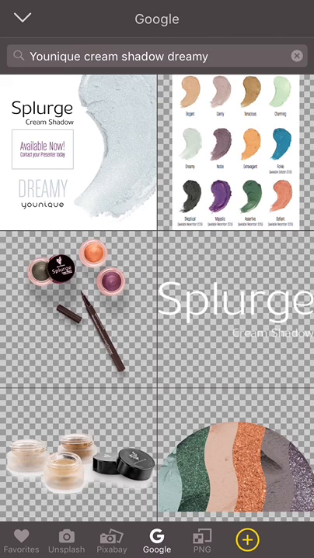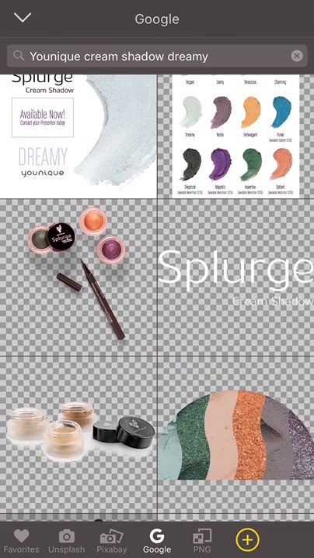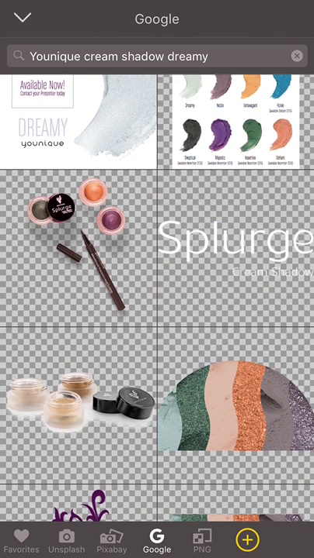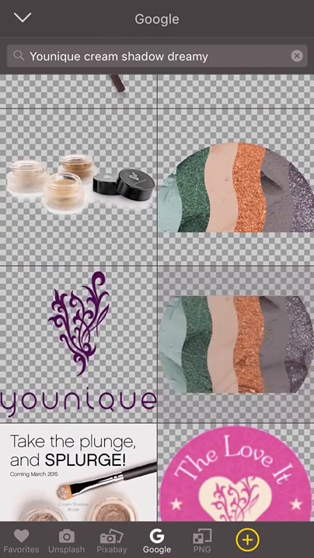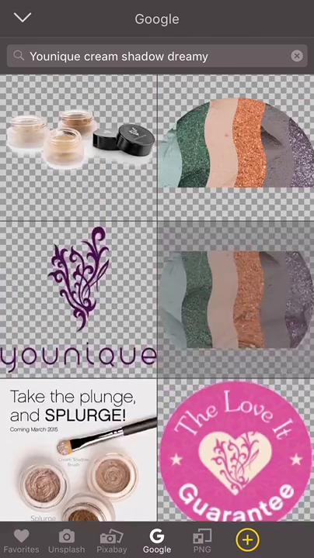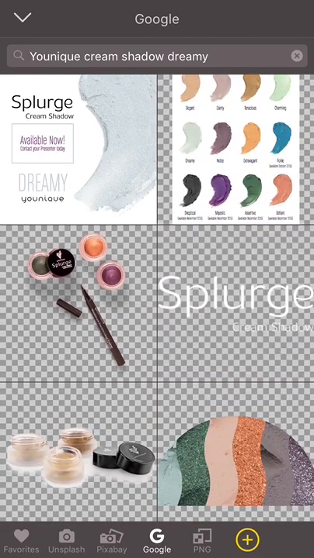All right. So here are the options for that. The first one doesn't really work very well because it says available now. But I really like this one. This is Forge Cream Shadow. But it's white, and remember the background's white. So I want to show you how I'm going to fix that. I'm going to choose that one